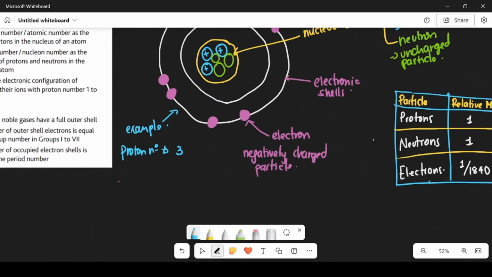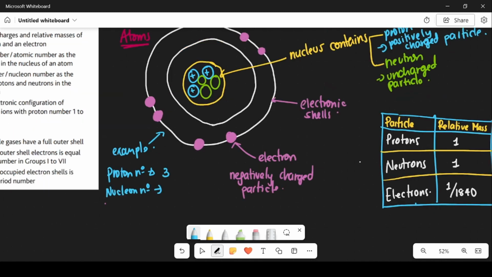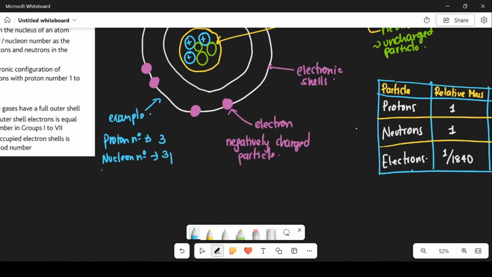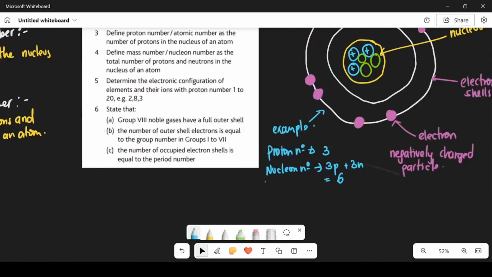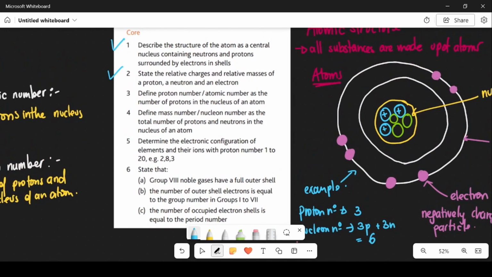And if I'm asked my nuclear number, or the mass number, I have 1, 2, 3 protons and 1, 2, 3 neutrons. So that's my proton number plus my neutron number. So that's 3 protons and 3 neutrons, which gives me a total of 6. So this atom has a proton number of 3 and a nuclear number of 6. So that's basically what they want you to do. You need to be able to define them and use them, okay, in your definition, especially when you're trying to